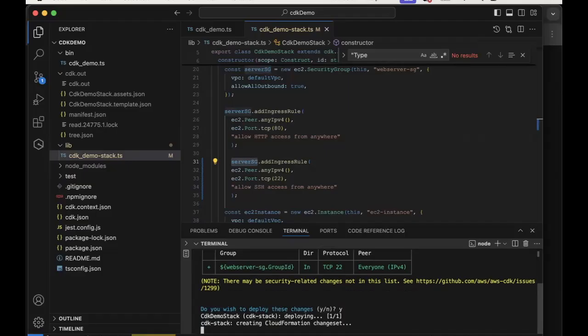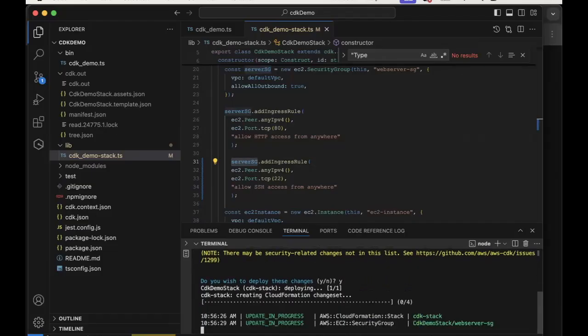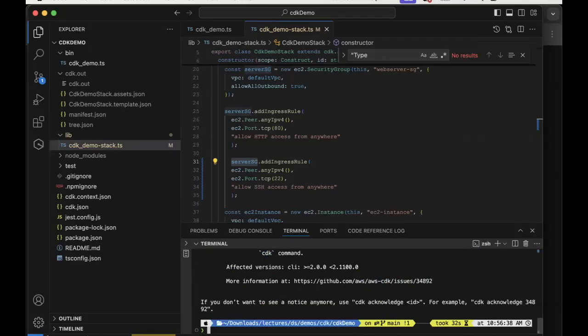And now behind the scenes, as I said, the CDK framework is generating a completely new CloudFormation template. It's uploading it to the CloudFormation service, and the CloudFormation service is reporting back to us as it's working its way through the updating of our infrastructure, and it has completed